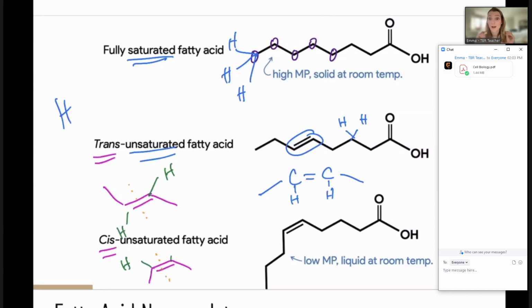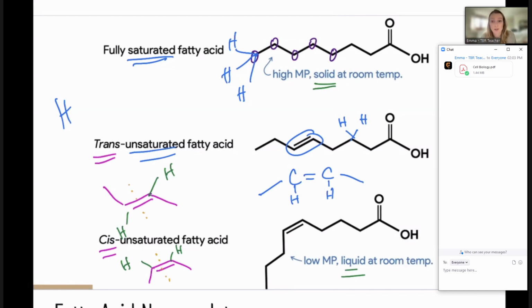Now, when we think about the structure of these, it's going to determine part of their function. So part of what I've included here is the differences in what state they're in at room temperature, and also the differences in their melting point. If we think about all of these hydrogens that are going to be in a saturated fatty acid, that's a lot more bonds to break. And yes, you could argue that a double bond is more to break, but oftentimes we see those repeating. And so this is going to have a higher melting point. I have to put more work in to actually get all of this saturated fatty acid to fall apart and basically come down to a melting point.